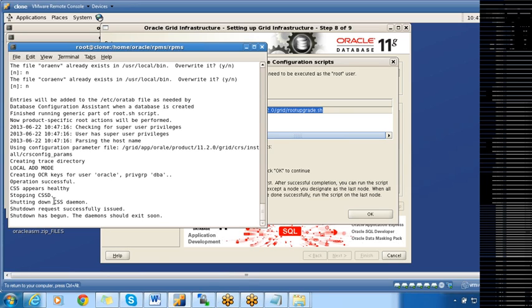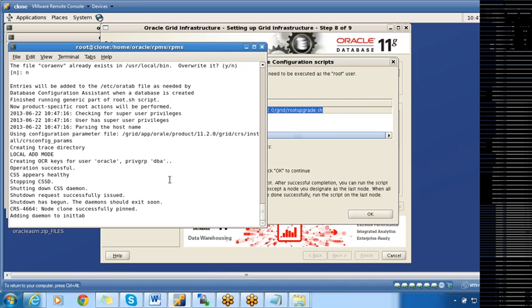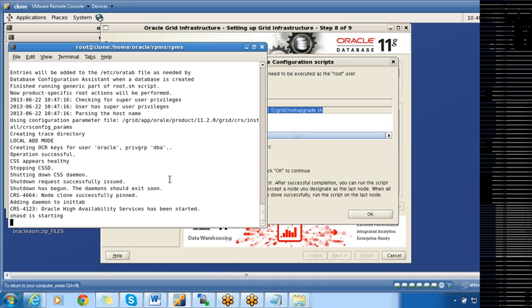Now it will start the high availability service from grid infrastructure and then it will start the cluster synchronization service. Okay. Now it brought up high availability services from 11G.